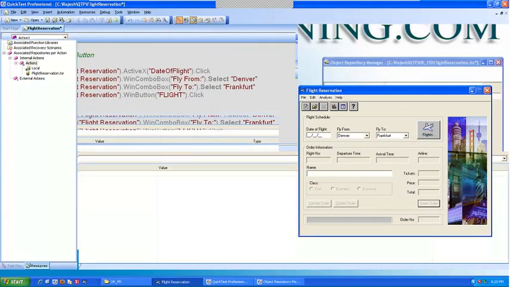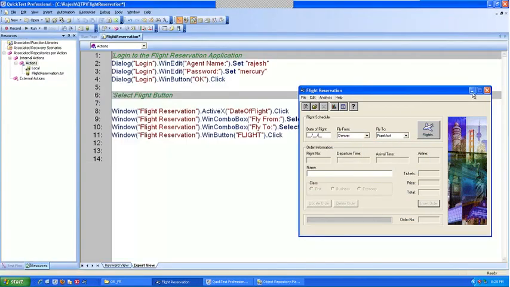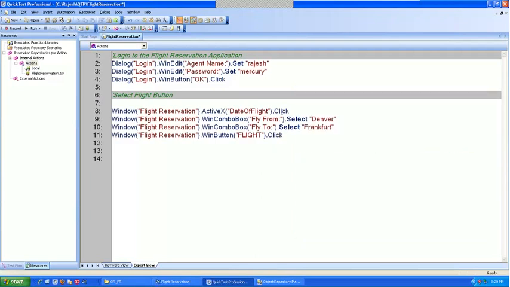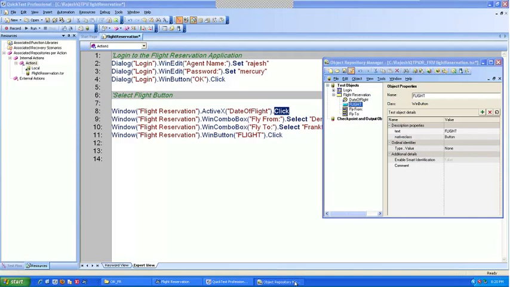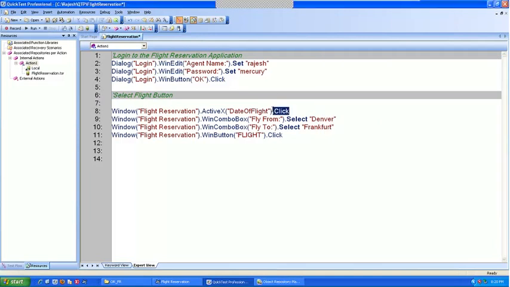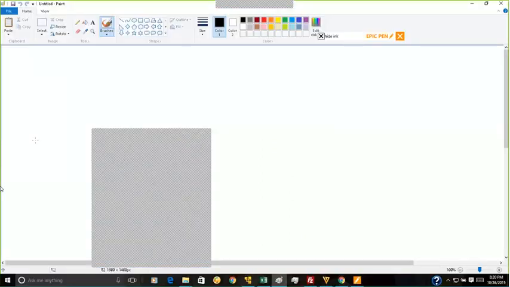Since I dragged and dropped it, you have to be very careful. That's why I was showing you this. Not every time the method will be correct. See, for this, it should be set, right? Yes. But it's giving you click. So be careful. Now, there are two things. Now, when you're putting a value into the application,